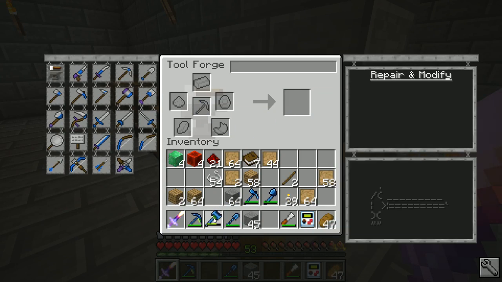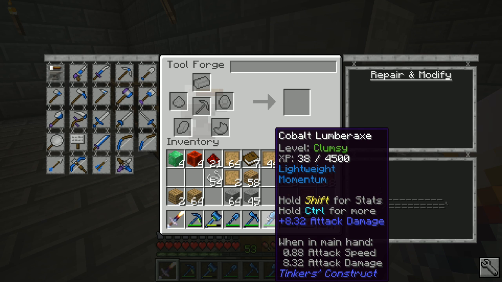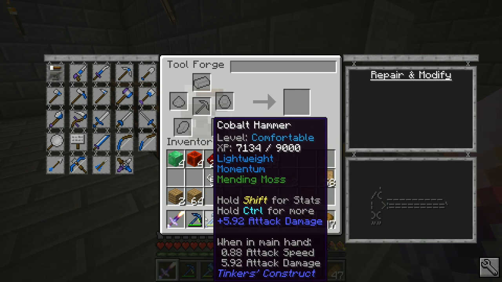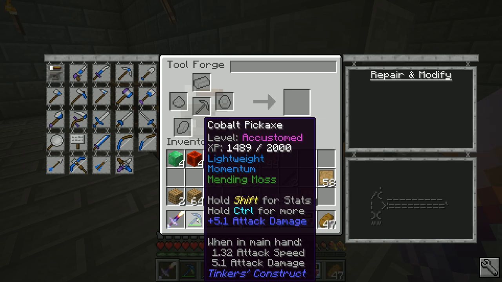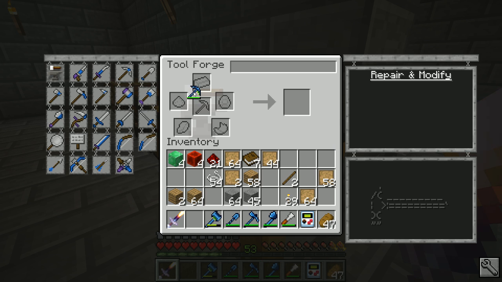So there we go. We have mending moss on our hammer now. I'm not going to bother putting it on the scythe, essentially. Maybe the lumber axe later on down the road, but these are the 2 tools I use the most. They definitely need their mending moss. So the next thing we want to do, I do believe...